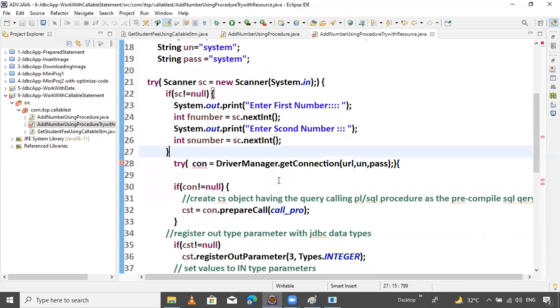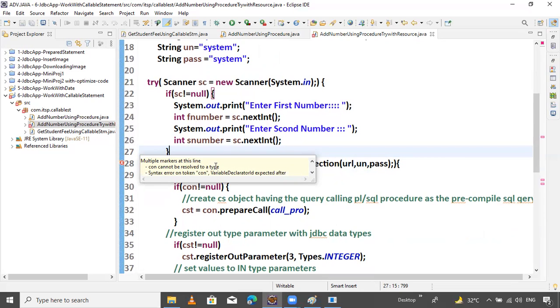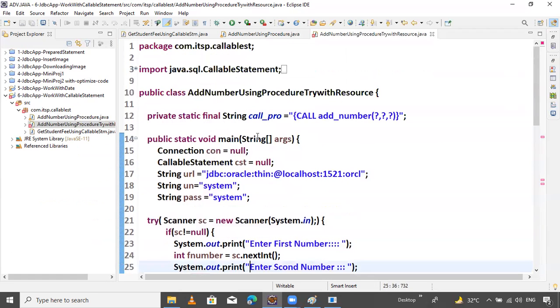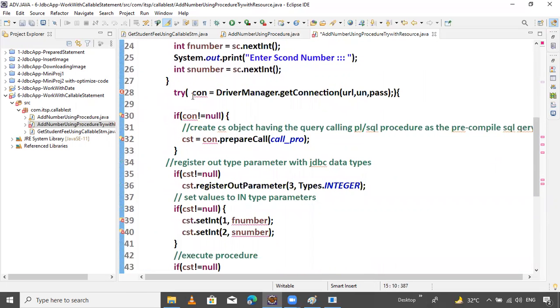Slow URL is gone. So now here you can see this connection syntax is marked. Okay, not an issue. Just provide the connection here. Control X not required here. Just simple. Now, this is your try with resources. It's simple. If you know, here the result set is closable, the connection, it's your responsibility to close the connection. It means it is the programmer's responsibility to close the connection, guys.